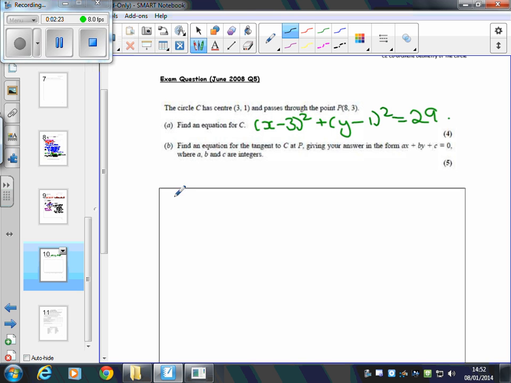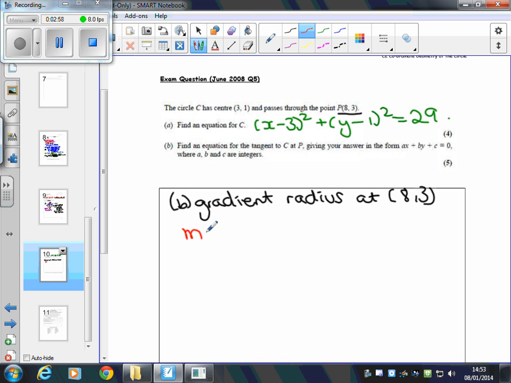Moving on to part B, find an equation for the tangent to C at P, giving your answer in the form ax plus by plus c equals 0, where a, b and c are integers. So we need to find the gradient of the radius of the circle at the point (8, 3), which is this point P. So that means that we need to do m, which is equal to (y2 minus y1) over